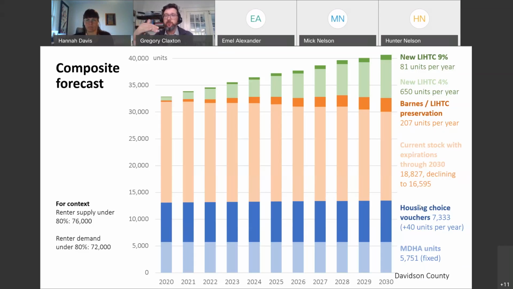Okay, and then starting with the next three bars, the dark orange, the light green, the dark green. This is basically. Greg, can I pause? Sorry, absolutely. I see Dwayne has his hand up. It was on this discussion of operations. Dwayne? I'd just like to be involved with the discussion about whether or not project-based vouchers are actually in jeopardy. I get what's going on in the market, and I feel like, to be clear, not everybody has a handle on it. So if, Greg, you could include me in that discussion, I would appreciate it.